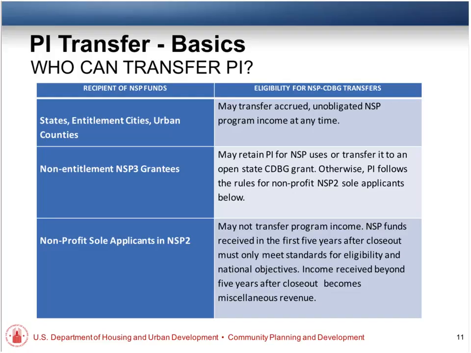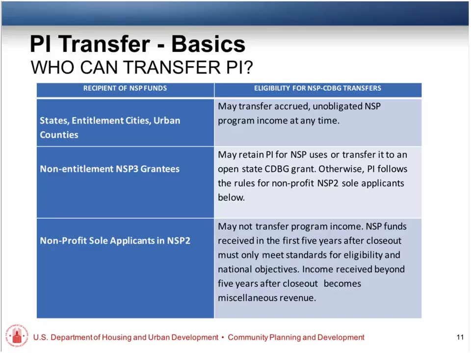So we had some sole applicants that are nonprofits in NSP2, some pretty large grants. They have no entitlement connection, and so they cannot transfer program income. However, they're kind of working under different rules, and these were set out in the program closeout notice a couple of years ago.